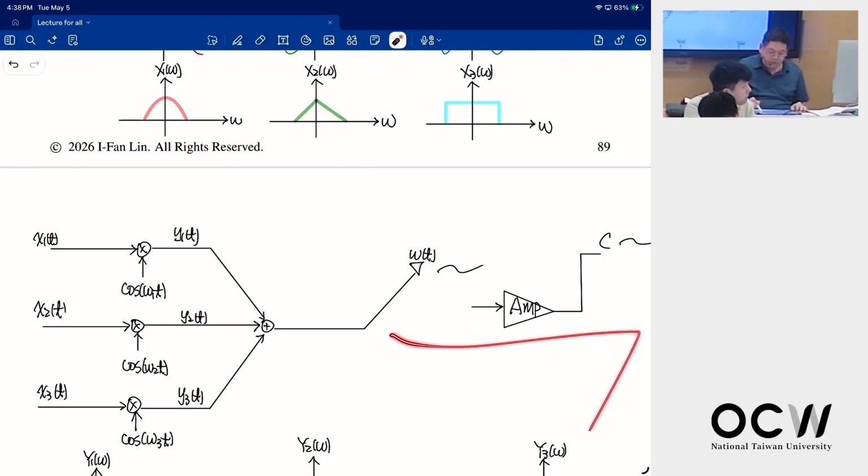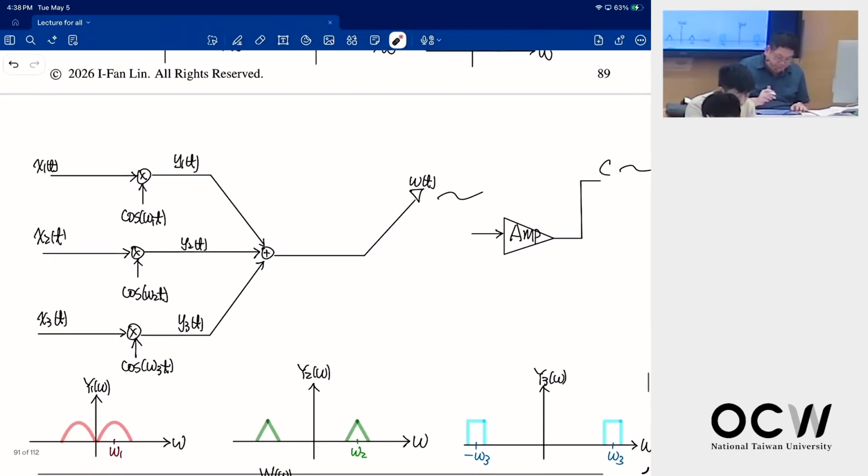Suppose I times omega 1 for signal 1, the output looks like this. But for signal 2, omega 2 is much bigger. Omega 3 is much bigger than omega 1 and 2. When I add them together, you can see